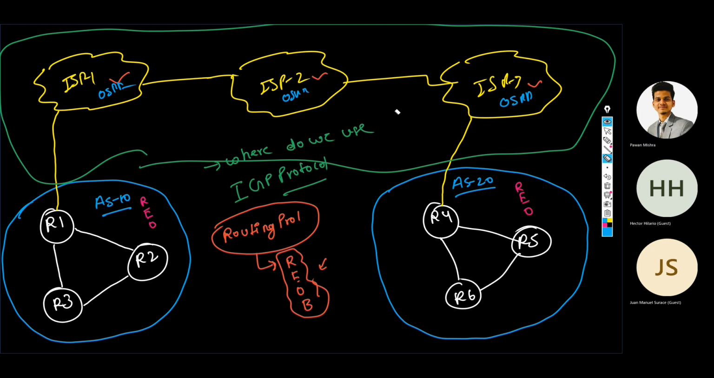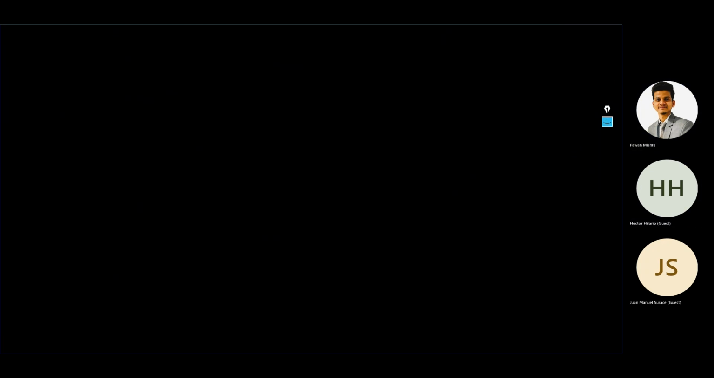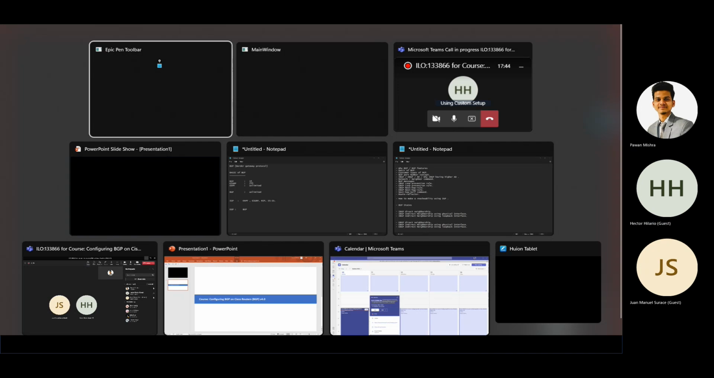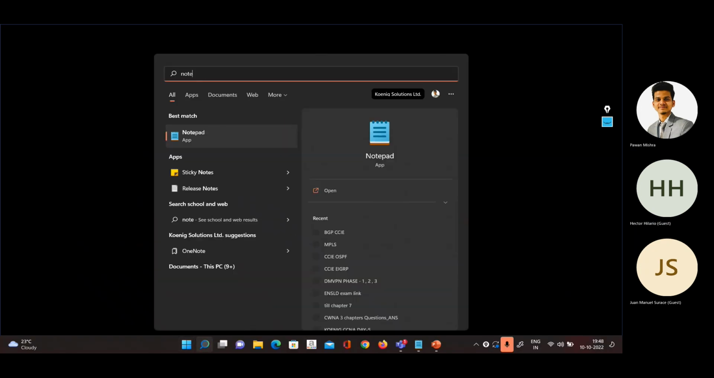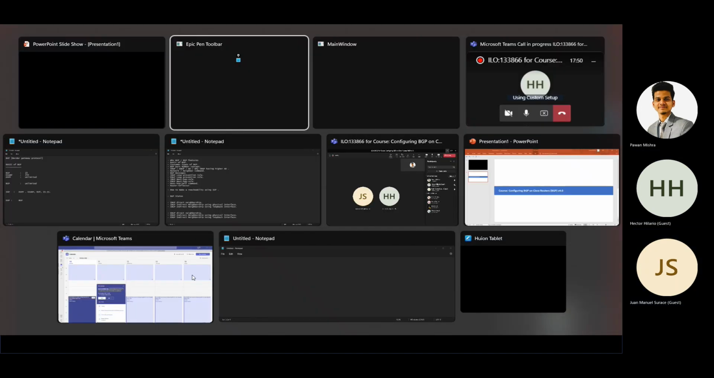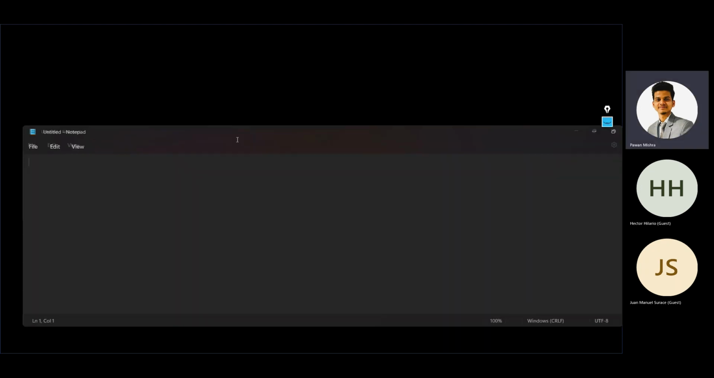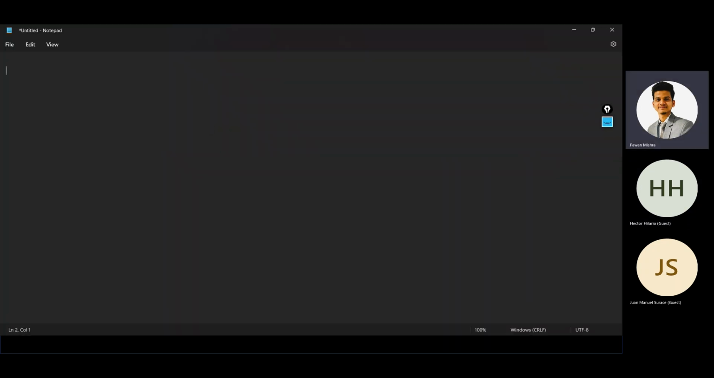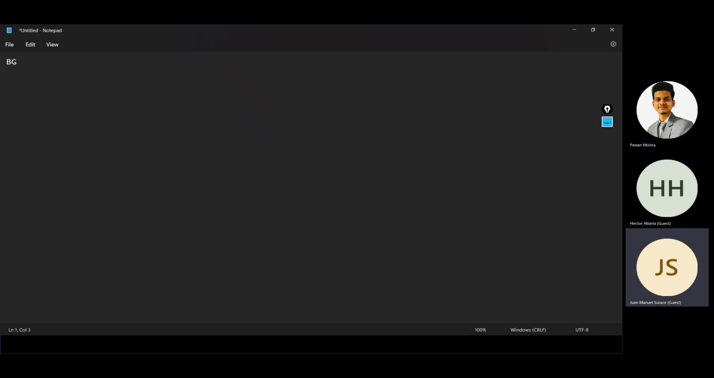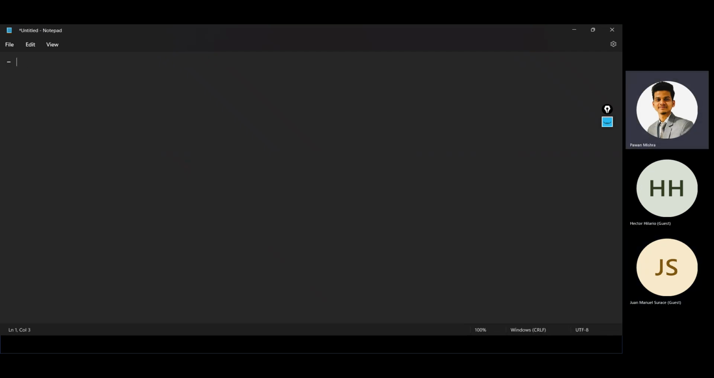See, there are some points here. This is one of the best questions for an interview, or you can ask anyone. Why BGP? So the first thing, if I talk about the IGP protocols, IGP protocols support